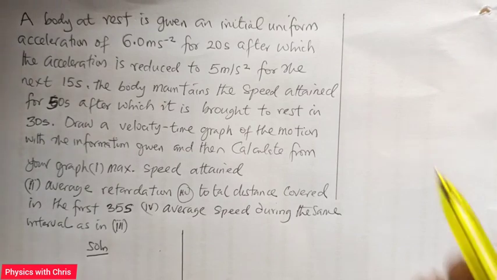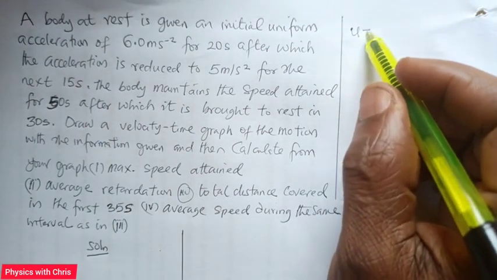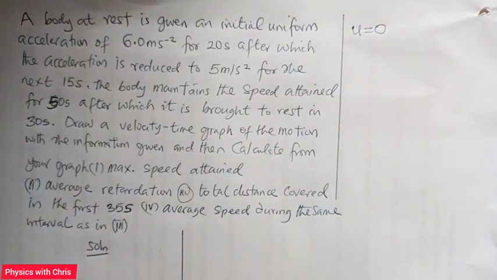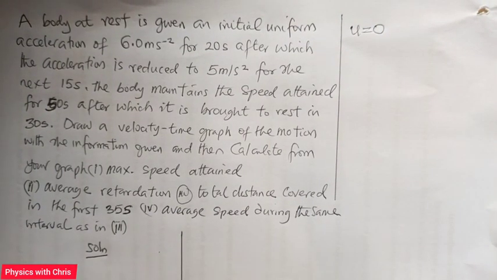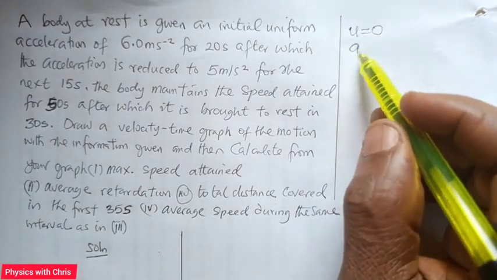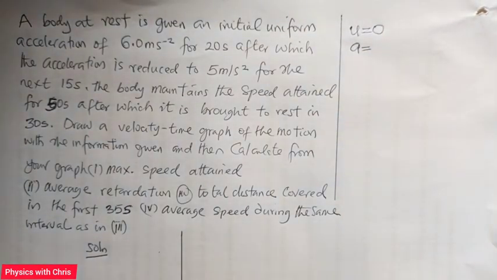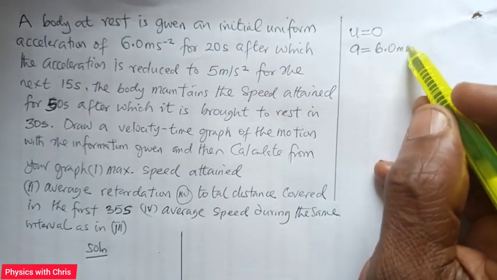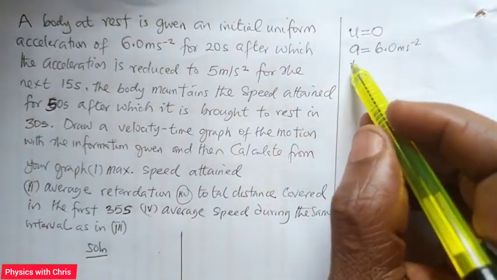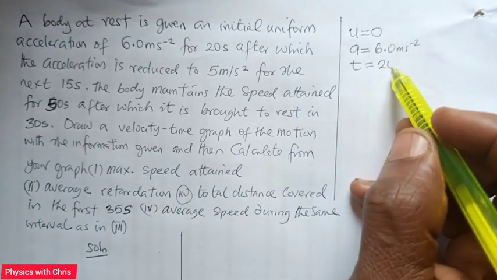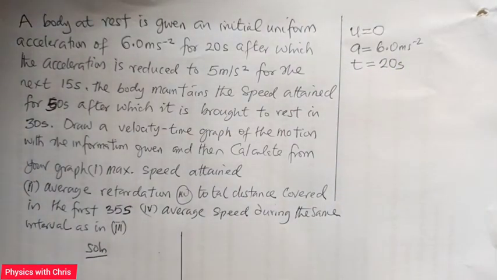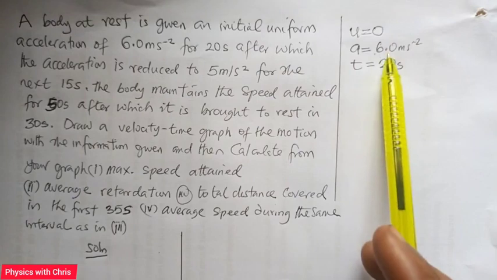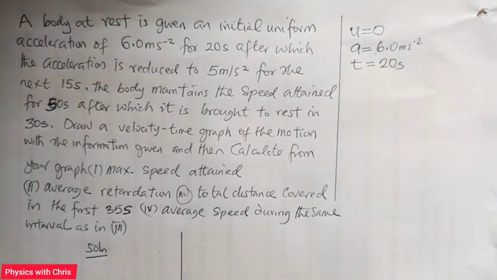A body at rest, meaning that its initial velocity is zero, because the motion of the body begins from rest, and is given an initial uniform acceleration, that is constant acceleration for a while, for about 20 seconds. The constant acceleration is 6 meters per second squared. And the time of 20 seconds, meaning that the body maintained this constant acceleration for 20 seconds,